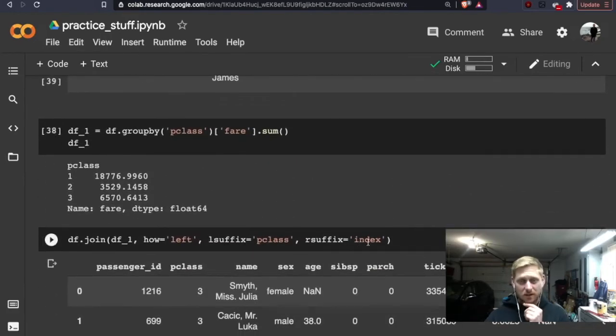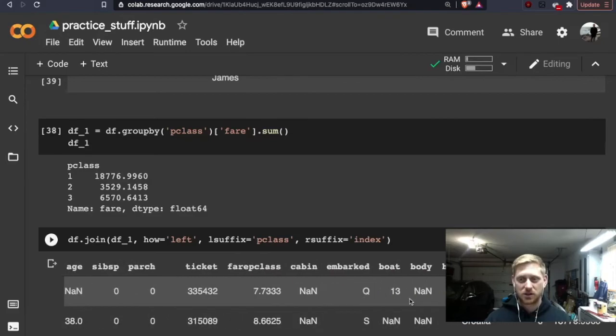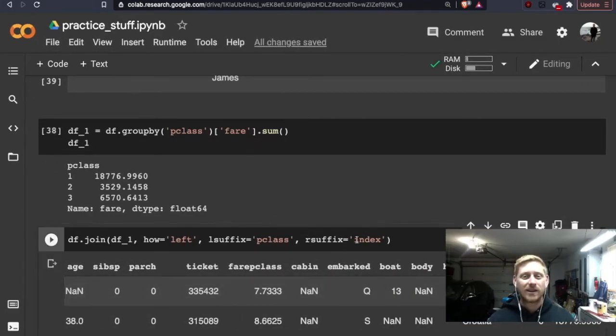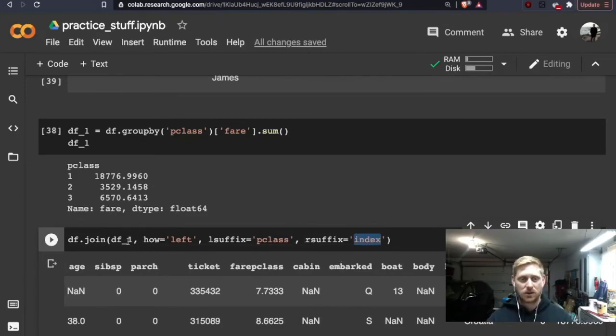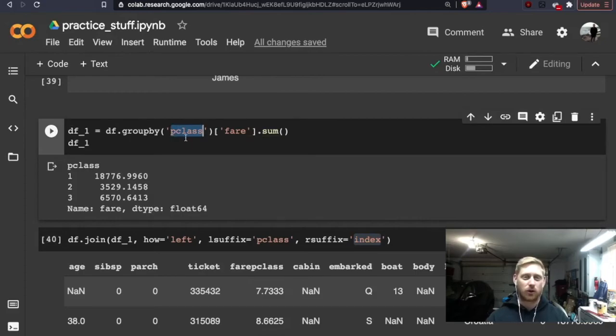So the reason that this writes, let's actually just make sure that populates first. So we have the fare index. Okay. So the reason that the right, which is correlated to this side, the reason that we're choosing right index is because when we group by the data, even though we're saying we want to group by the P class, generally in SQL, yes, this will be the value that you're grouping by. But because we're working with data frames,